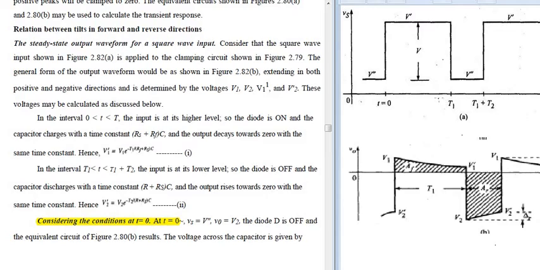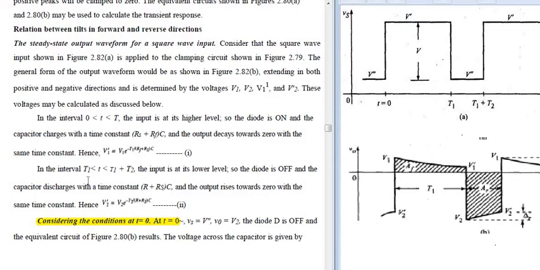How much is the time you have considered here? What is the time in the triggering edge? That is your T1. And what is the time constant that you have got? (Rf plus Rs) into C. So that is, V1 dash output is equal to V1 into e to the power of minus T1 divided by (Rf plus Rs) into C. This is the condition when your diode is on and the time constant is Rf plus Rs. Because your diode is on, it means it is in the forward direction.